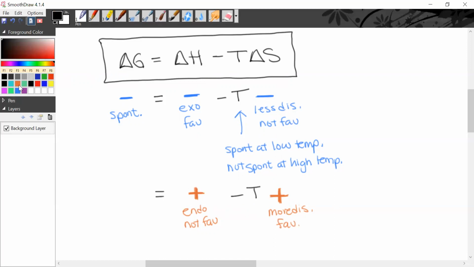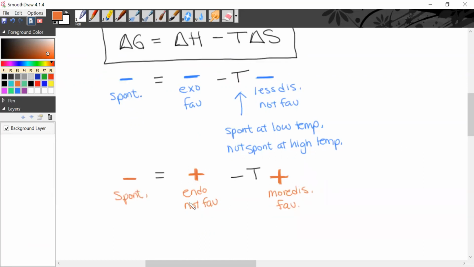When are we going to get a negative value for delta G here? When is this reaction going to be spontaneous? What can we do to override the fact that this is endothermic, which is not great for us in terms of spontaneity? So how do I get a negative value out here? High temperature or low temperature? High. Okay, so this will be spontaneous